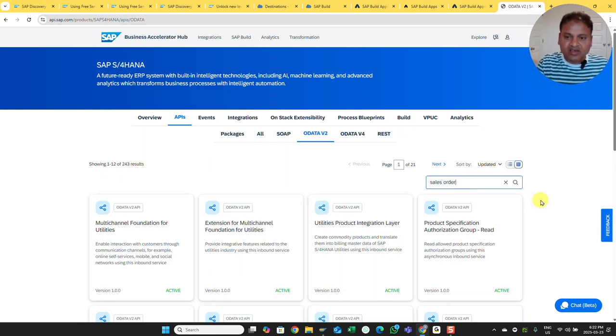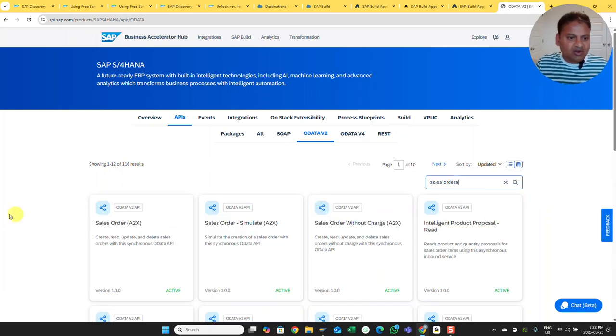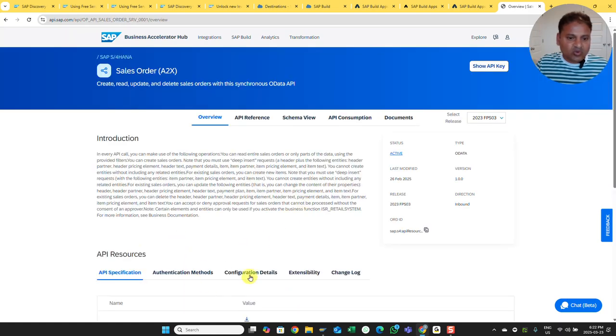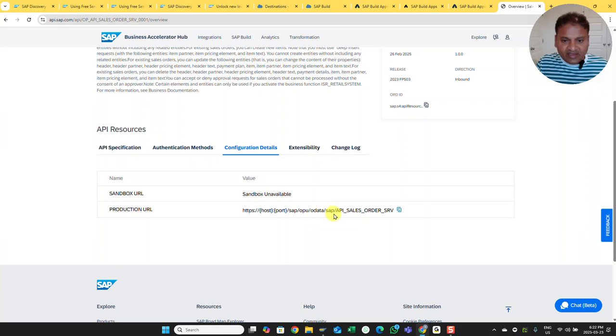So let's say look for sales orders. Okay. Now this is the OData service for sales orders. So go to configuration details and take this OData API part. Simply give it to your BTP admin. Then he will create a BTP destination. That's it. The moment he confirms that the BTP destination is ready for your OData service, all you do